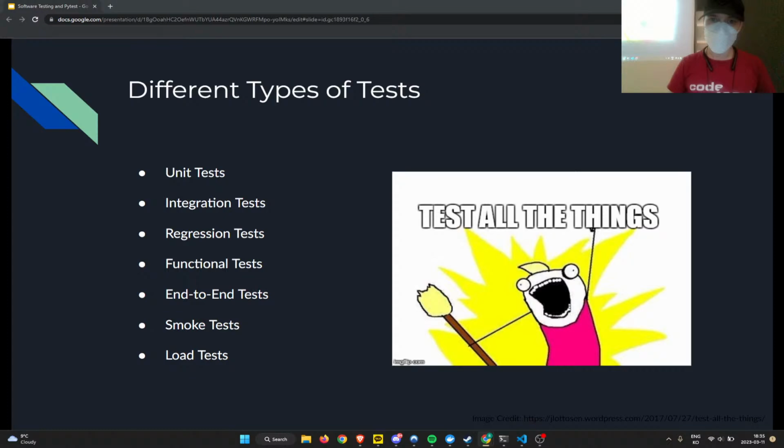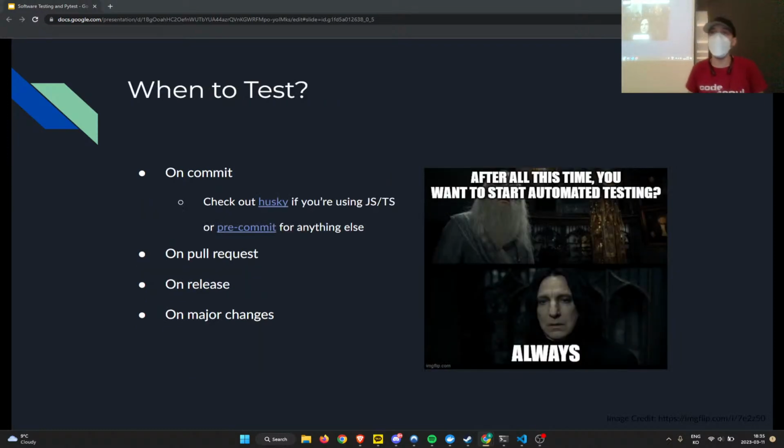Cool. All right, so when do you test? Always. If you're not testing already, you can always start now. You don't have to test the entire application, right? Or you don't have to stop everything you're doing and write tests for your whole application. I actually didn't put this in the notes, but I'll add it afterwards. One strategy that you can do, and that I'm actually doing on my team too, we have one application that we inherited. It has 0 tests, none at all, and it is not even a little bit stable.